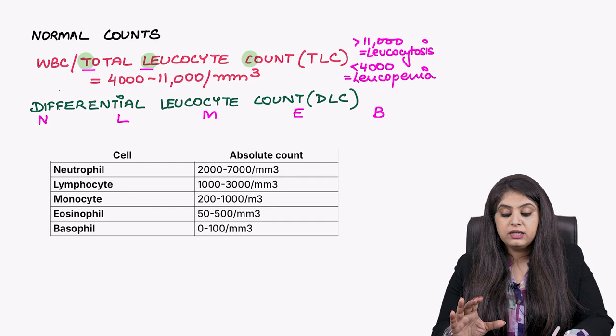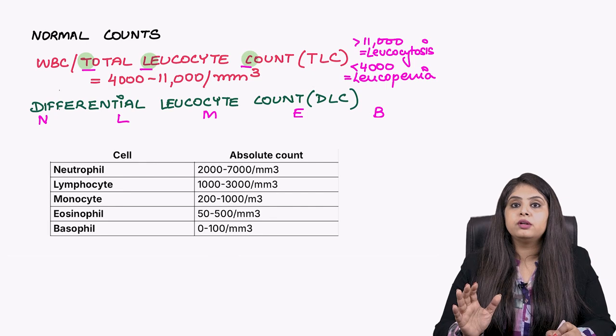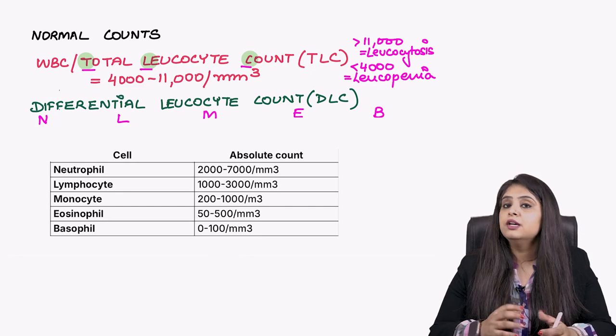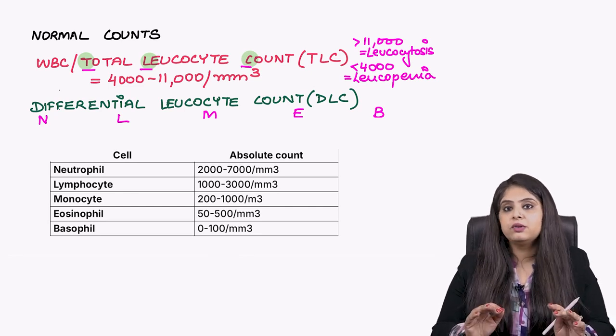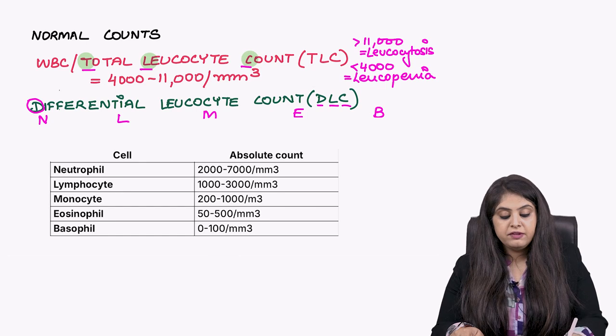Only knowing the total count, you can't just know that in the GT what are the total marks that you got. Don't you have to do subject-wise analysis to know which is stronger and which is weaker? So just knowing the total WBC count is not enough. You also have to know what is DLC, that is differential leukocyte count, which will tell you which cell is